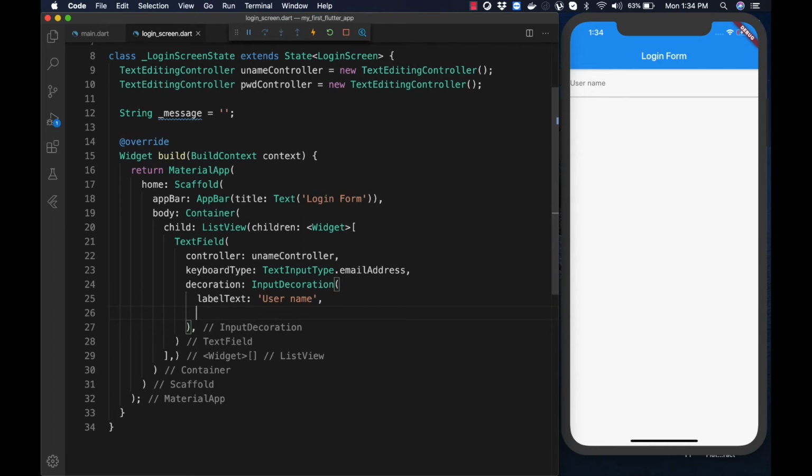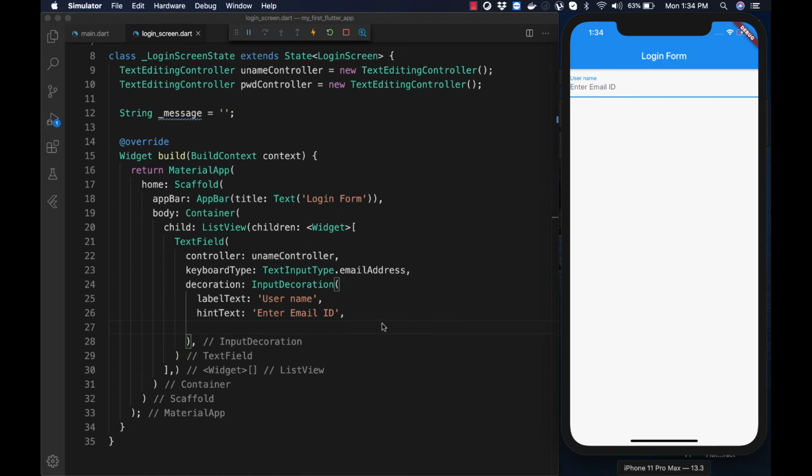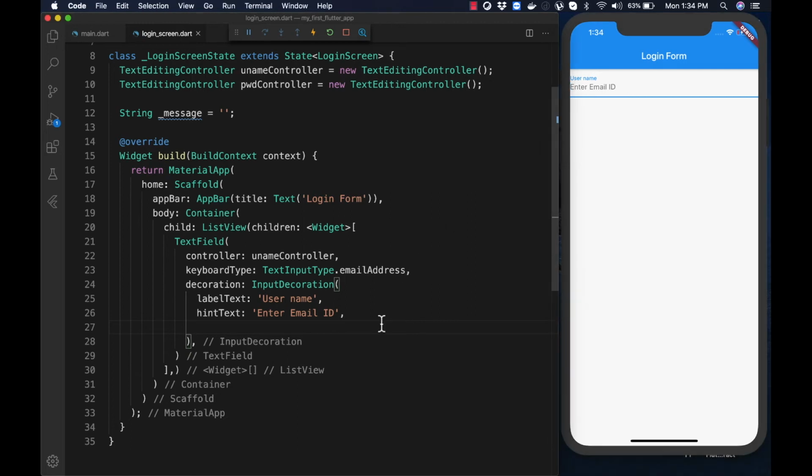Remember that hint text acts like a watermark or placeholder text. So let me type in hint text, enter email ID. Now, to verify, let me click on the text field. We can observe the label text has been shifted as header and the hint text is displayed as a placeholder